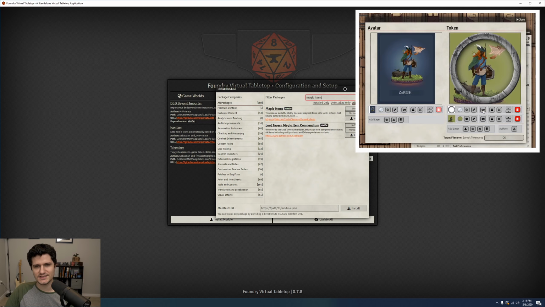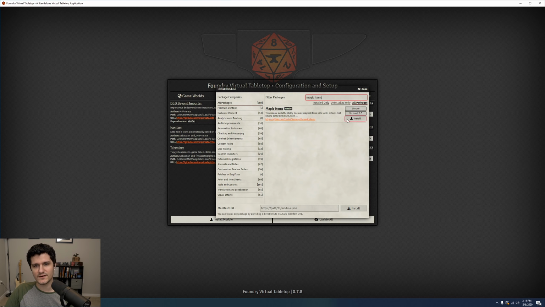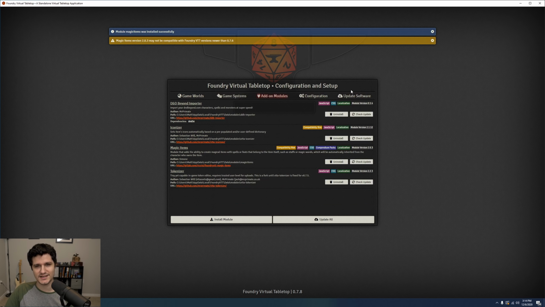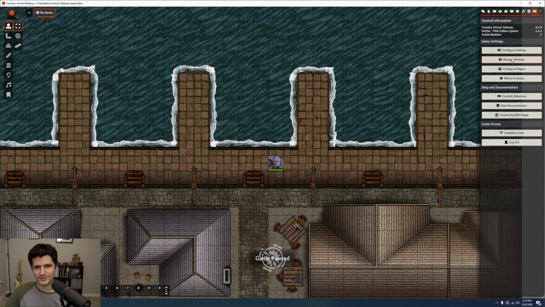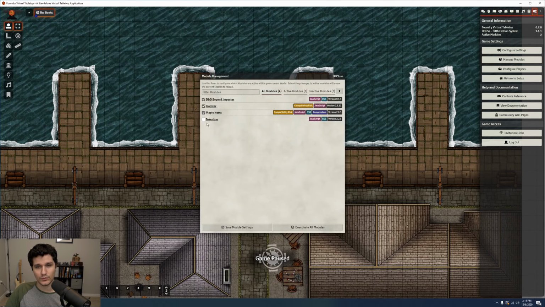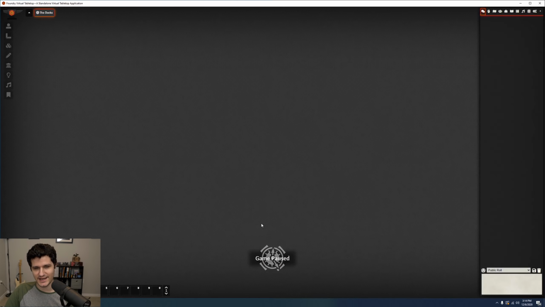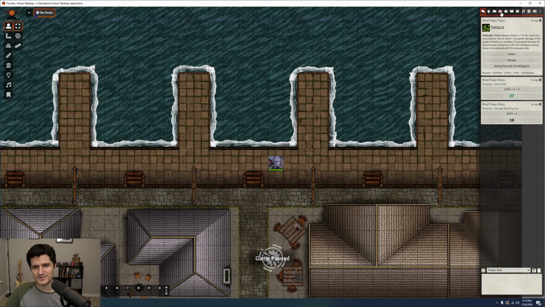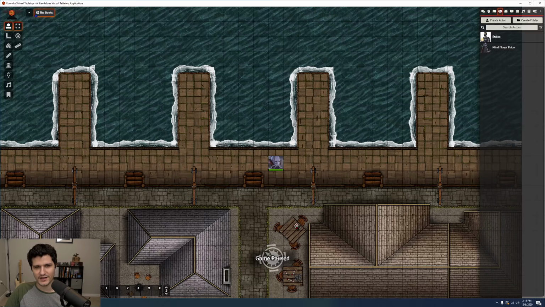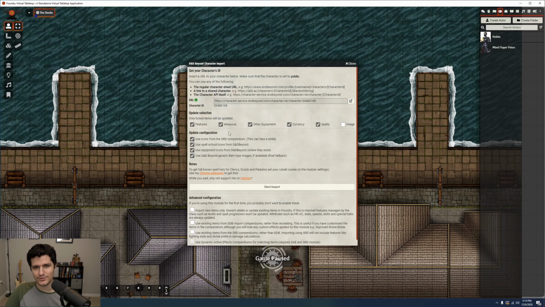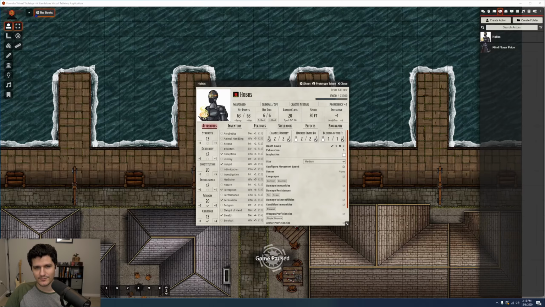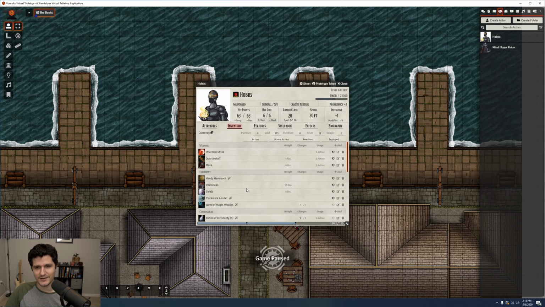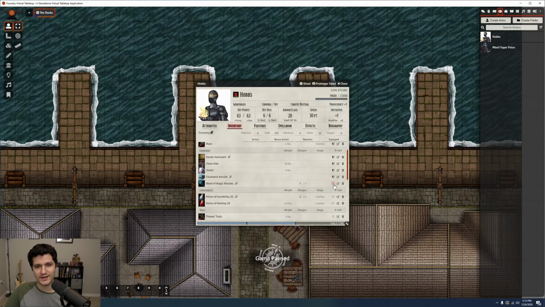The next module is the Magic Items module from a developer that's frequently featured on this channel, Simone, who is also responsible for Dice So Nice amongst many other great modules. The Magic Items module lets you assign a spell to an item like the Wand of Magic Missiles so you can easily cast it. When you have the Magic Items module installed, whenever you import an item like this Wand of Magic Missiles for example, the importer will automatically grab the correct spell and assign it to the item. Then all you have to do is equip the item and the spell should appear in your spellbook at the